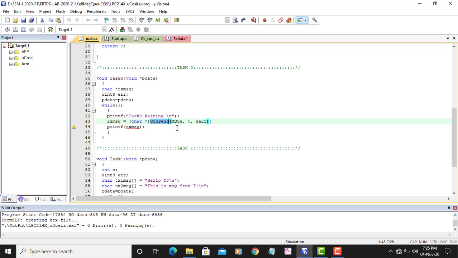Okay, OSQPend, and then the queue variable mq, and if any error occurs, it will be stored in the error variable. Until the message is received, we cannot print the message. So task 0 will wait until task 1 sends the message. Okay, so we must understand that whenever we have such a command like